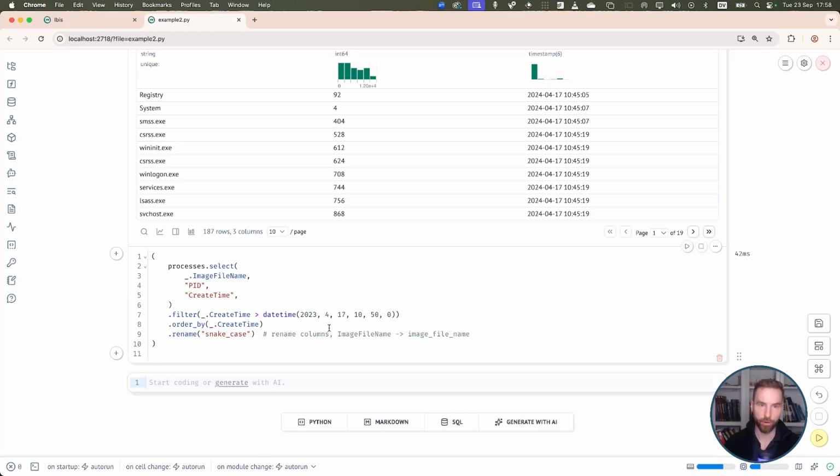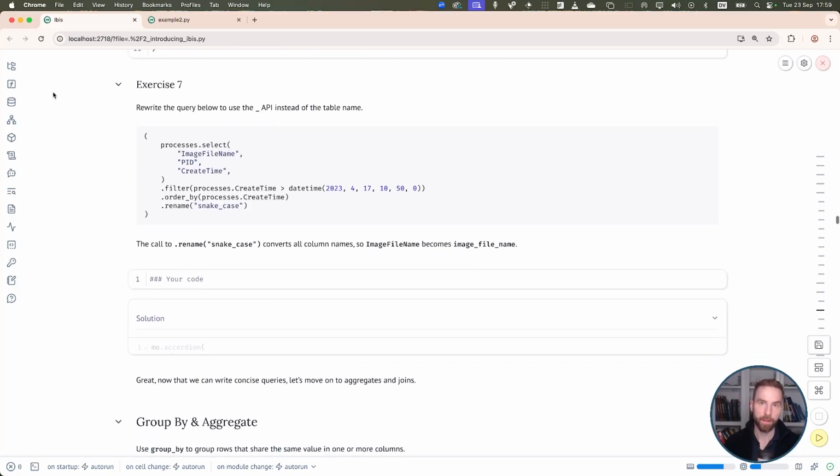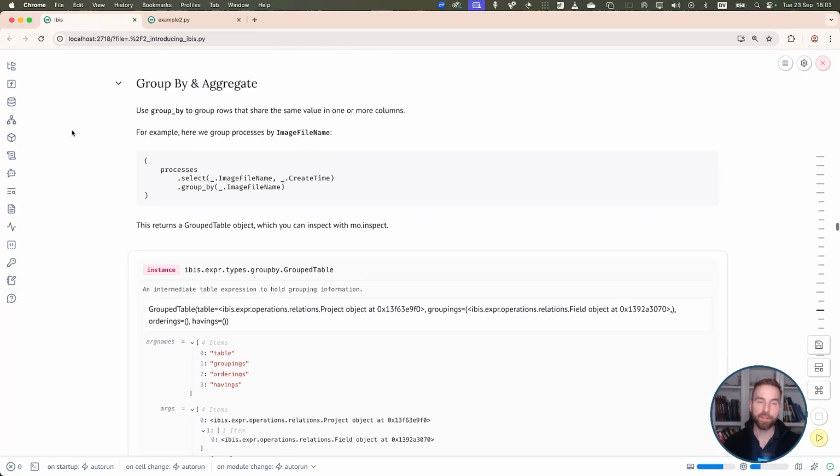Sometimes if you're doing joins or something like this, ibis won't be able to figure out what the underscore refers to, which table, and then you have to be more explicit. But usually it works. Okay, so since the deferred API and the method chaining is really core to ibis, please experiment with this and go through exercise 7. Okay, so we have introduced the deferred API, and you hopefully have mastered method chaining. So we can now move on to group by